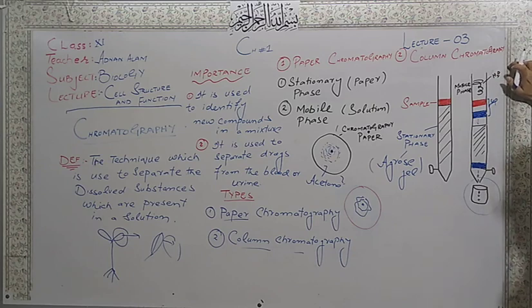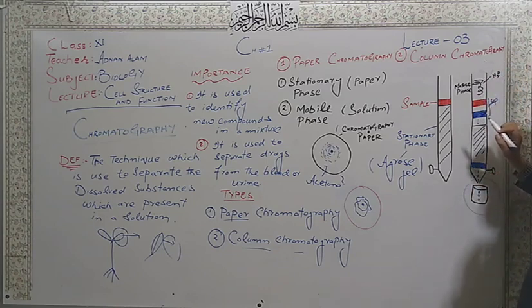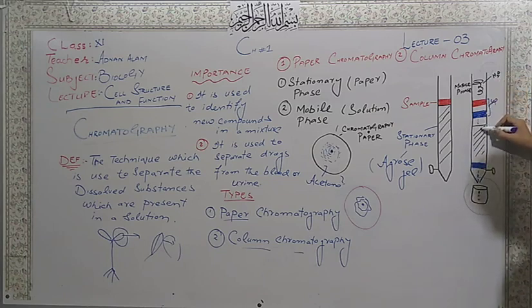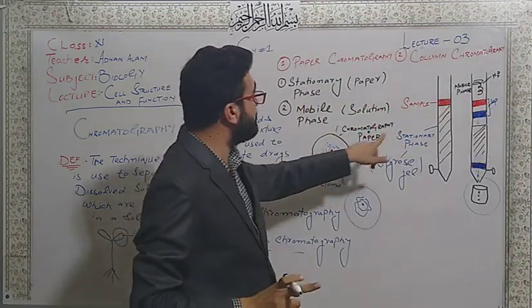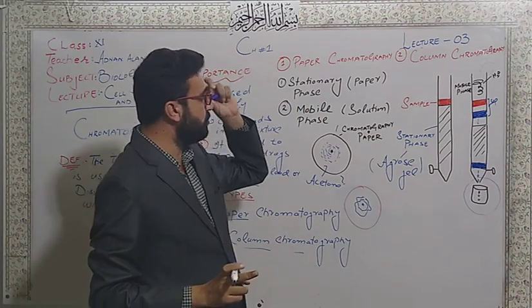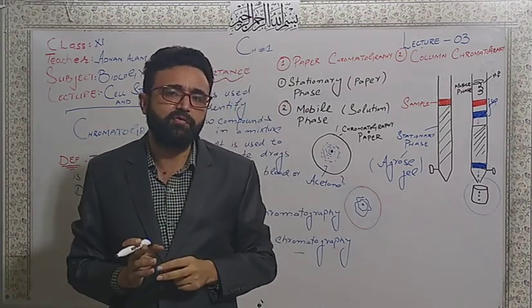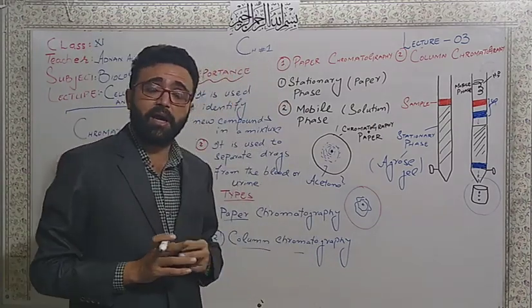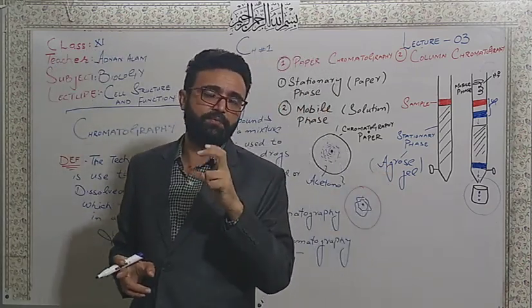Then we can change the mobile phase, and we put an organic solvent. So different organic solvents, different organic compounds which are soluble in organic solvent will come down and we will separate them. It is very important, especially nowadays, that pencil column chromatography is used. In pencil column chromatography, very thin columns are used. It's a very time-taking technique, but it is very important for the discovery of new compounds.